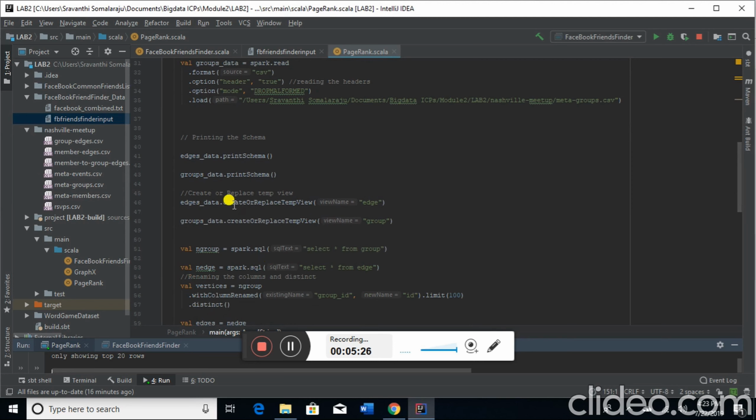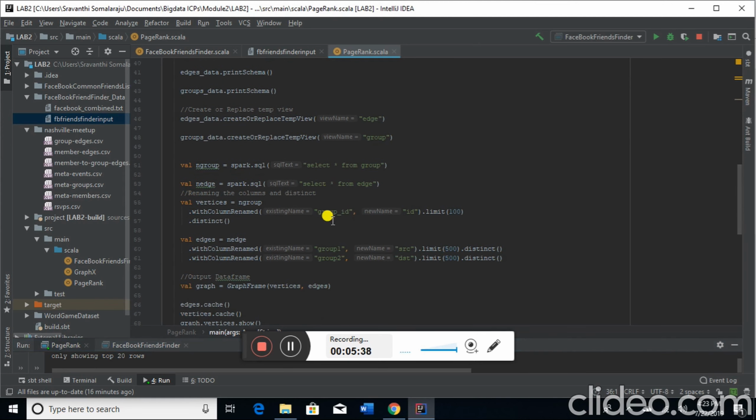Then I'm creating a temp data frame here, which I named edge and group. Then I am performing a query on the new data frames, group and edge. Then I'm renaming the columns and finding the distinct records in there. So I have created a new name, ID, for the group existing in group ID. Similar to the edges, I have created new names, source and destination, for group 1 and group 2